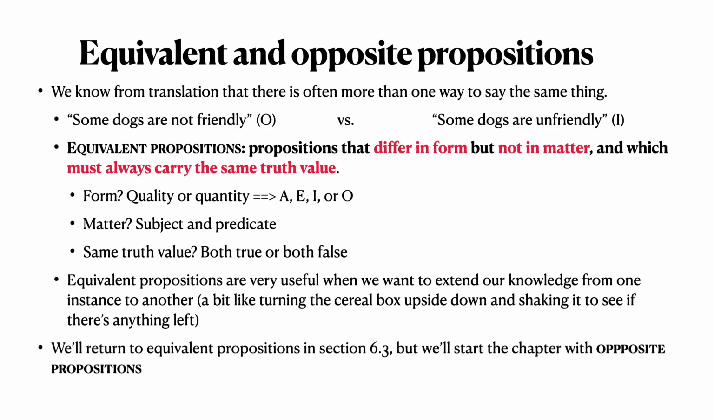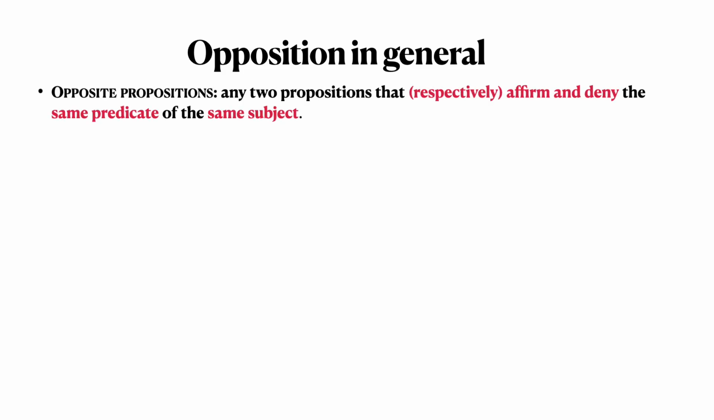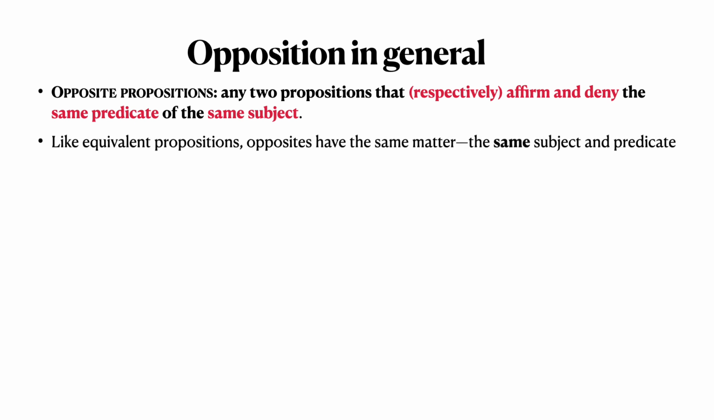We'll return to equivalent propositions later in section 6.3, but as I said, I want to start with the opposite propositions because virtually everyone finds the equivalent propositions a little bit more confusing. So we'll put those aside for now. Let's talk about opposition in general. We can define opposite propositions as any two propositions that respectively affirm and deny the same predicate of the same subject. Okay, so note that just like equivalent propositions, opposites have to have the same matter. They have to have the same subject and the same predicate, right? But they are going to respectively affirm and deny